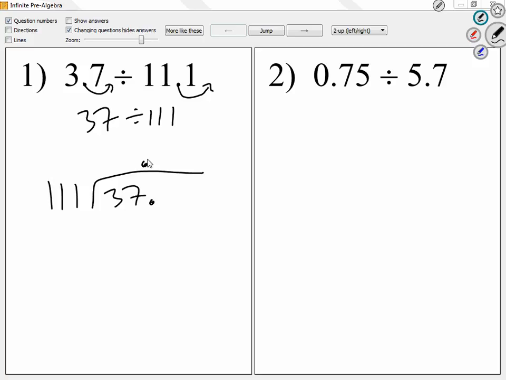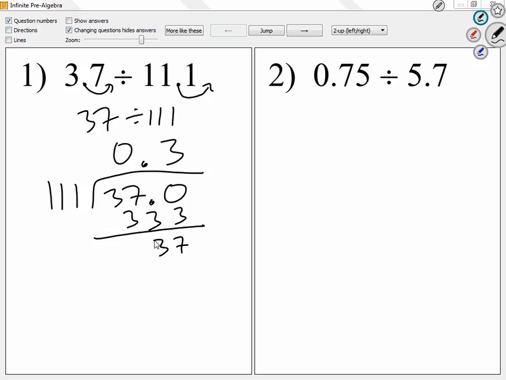We're dealing with decimals. 111 into 37 goes in 0 times, right? Because 111 is bigger. To continue, add a 0. So then I'm going to go 111 into 370. I'm going to think 3 times. Multiply the 3 to the 1, to the other one, and to the other one. So I get 333. Then I'm going to subtract those numbers, right? How to subtract? We know how to subtract. 370 minus 333, that is